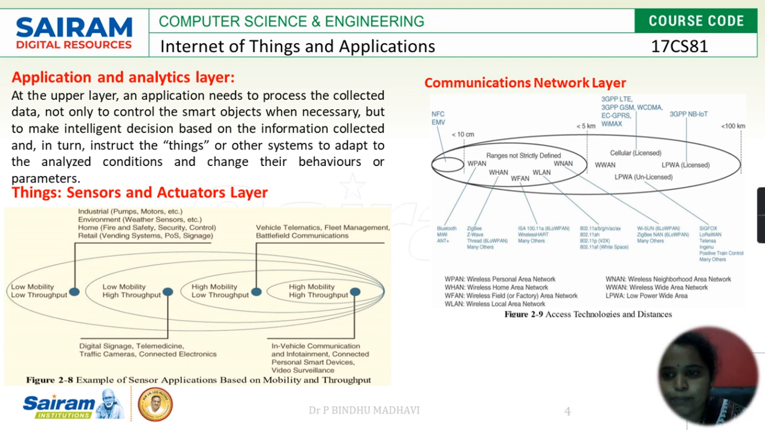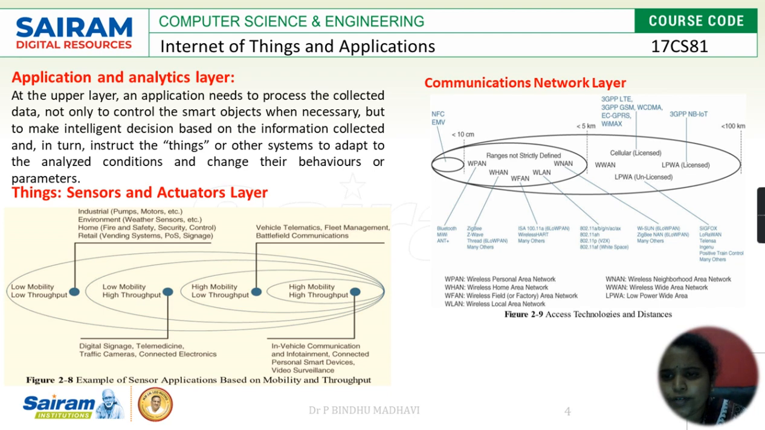Right, you can see the example of things here and the communication network layer. There are different types of sensors and actuators. You can see the applications based on mobility and then throughput, like the number of tasks performed and how the objects have to move here and there, everything. So we have different types of groups of sensors here. Digital signage and